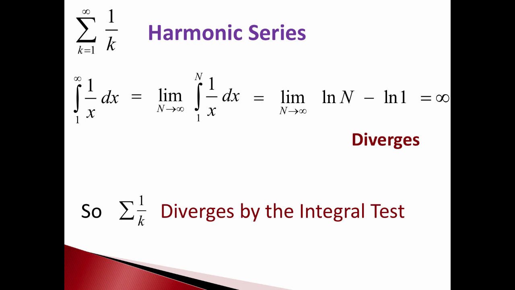Okay, so why the name harmonic series? Well, if you wrote out this term by term, you get 1 over 1 plus 1 over 2 plus 1 over 3 plus 1 over 4 and so on. A half, a third, a fourth, a fifth, and so on. Why harmonic? Well, if you know anything about music and physics, then